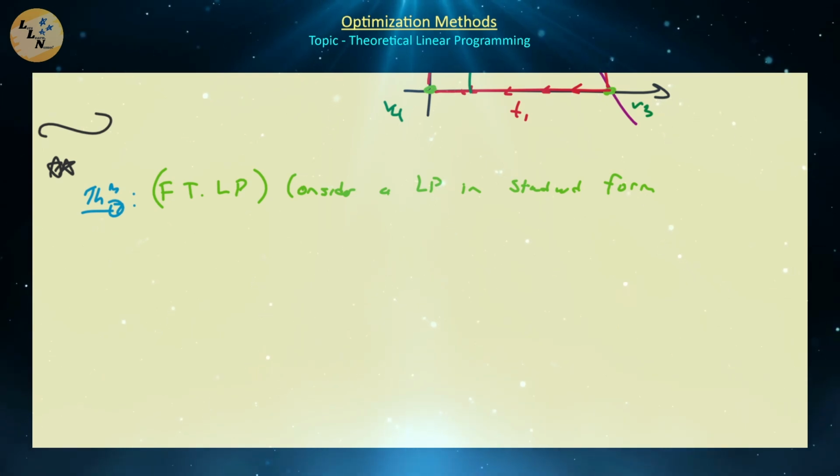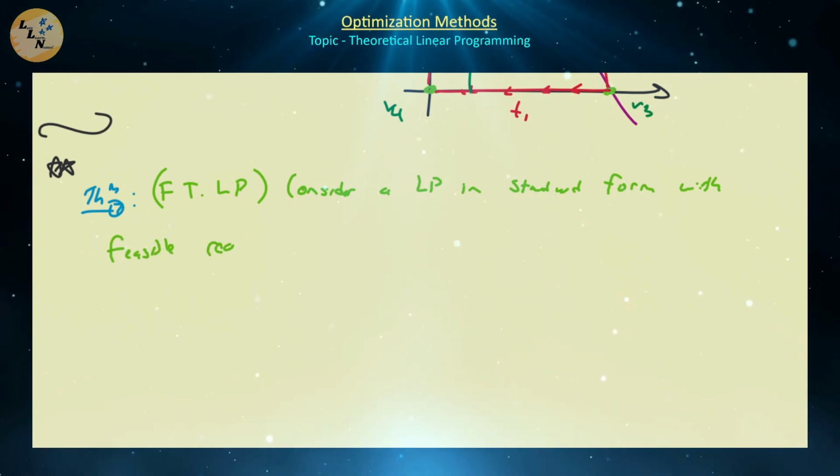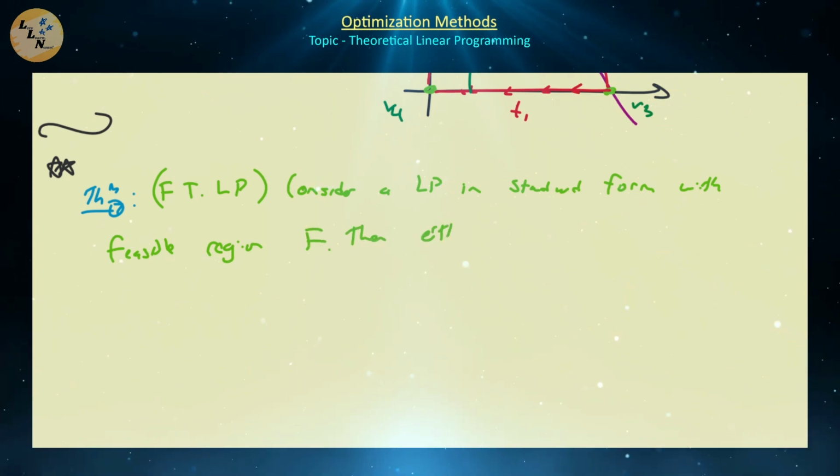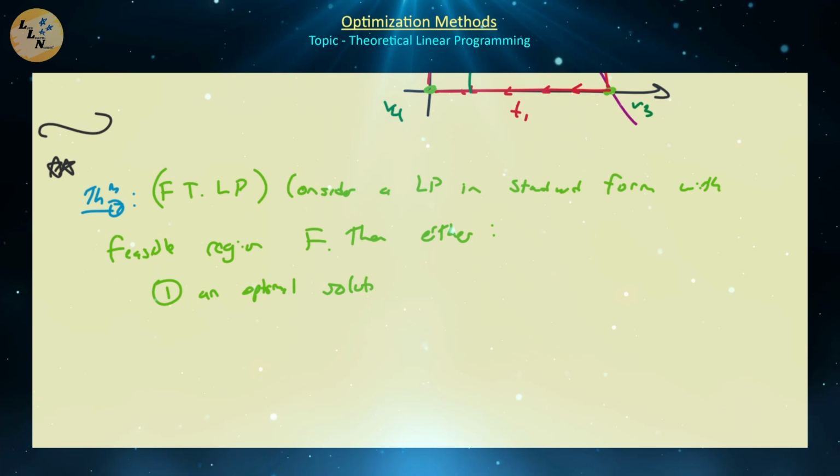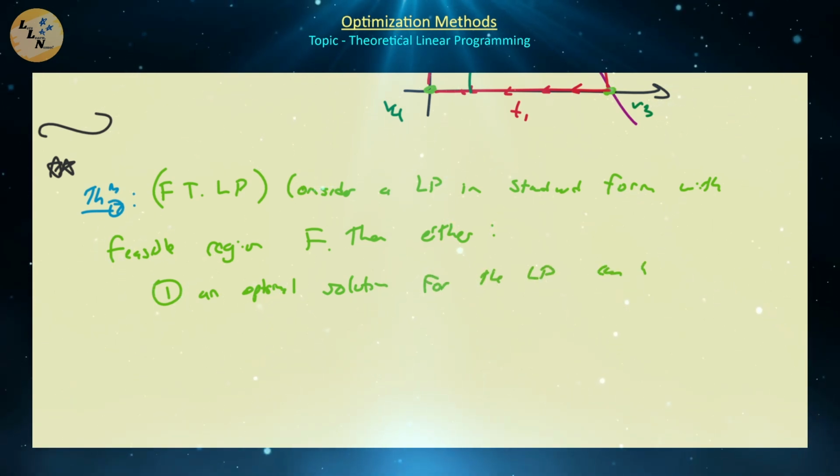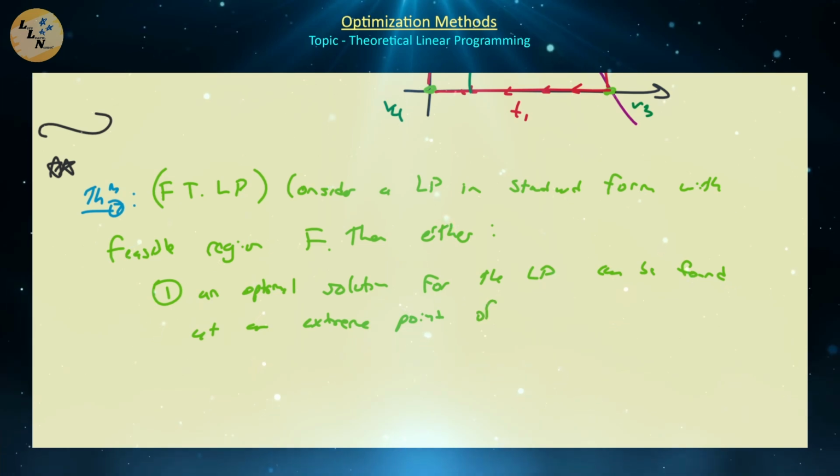That's why we focused on standard form a lot in the last video, because we need it for this fundamental theorem, so it's super important, with feasible region F. Then either, 1, an optimal solution for the linear program can be found at an extreme point of F,